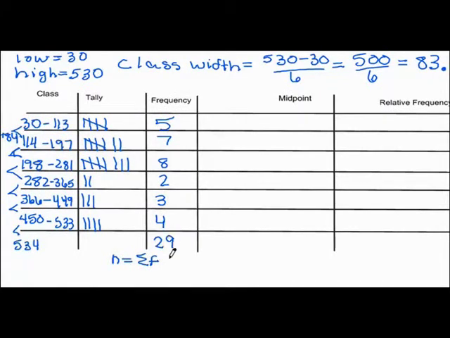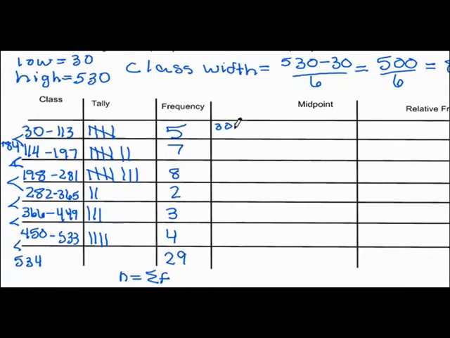The next thing we want to do is to find the midpoints. To find the midpoint of each class, you take the lower class limit, which in this case is 30. You add the upper class limit, which in this case is 113, and you divide by 2. Make sure you add first, because if you type that in your calculator without putting parentheses in, your calculator is definitely going to want to divide first. So we're going to get 143 divided by 2, and that'll give us a midpoint of